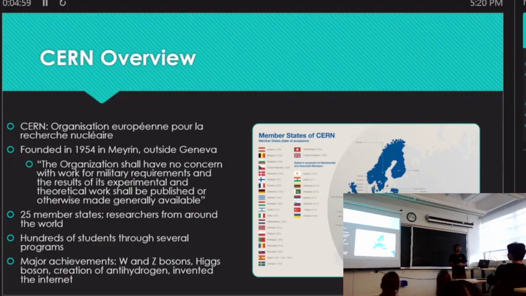Students doing research, but also working on more technical internships, like running the accelerators or even stuff like electrical engineering. And it's a really, really big student program. And so